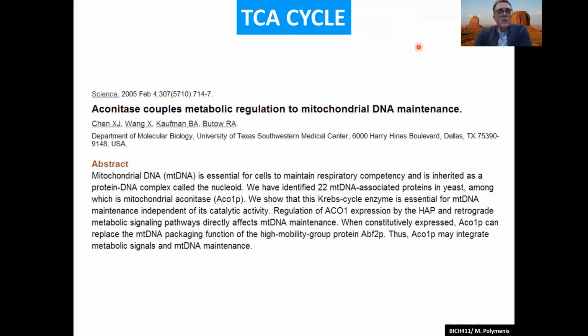Aconitase and a few other actually TCA cycle enzymes have been shown to have moonlighting roles. Now remember again, these are abundant enzymes found inside mitochondria in the matrix. What else is in there? Mitochondria have their own genome. There used to be a primordial bacterium that could do oxidative phosphorylation that was engulfed by some primordial eukaryote, and we really have a symbiosis.